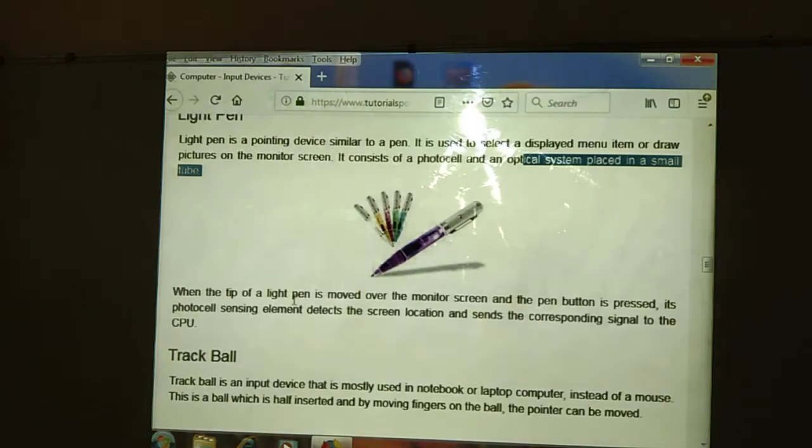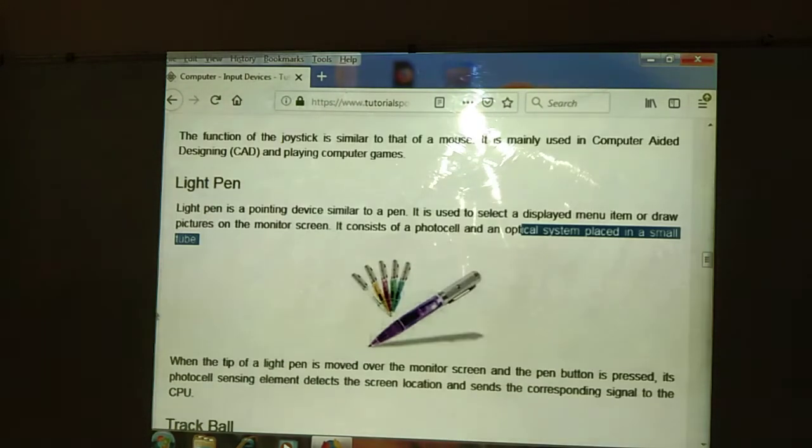By using that, we write the data and operate the screens. When the tip of the light pen moves on the monitor screen and the pen button is pressed, the photocell sensing element detects the screen and sends the corresponding signal to the CPU. That is the use of the light pen.